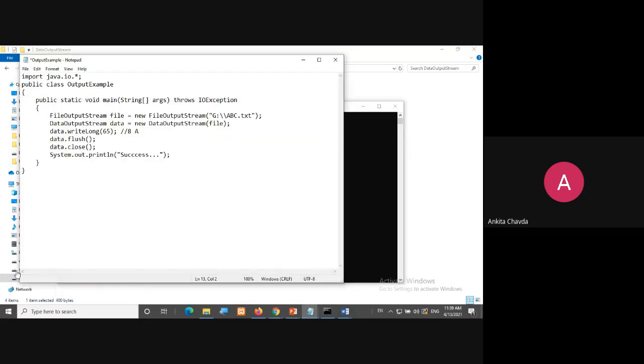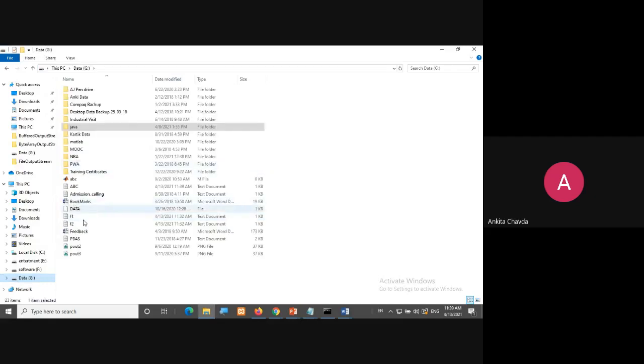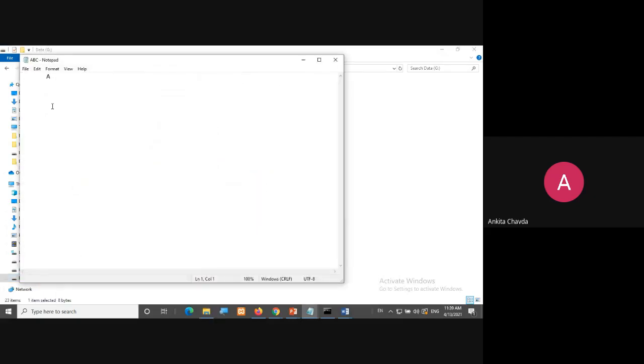So we will go to that folder and we will see that ABC file again. Have you seen this, how they are storing a? They are storing our character into 8 bytes. You can check here: 1, 2, 3, 4, 5, 6, 7, and on the 8th byte they are storing 8. So total 7 spaces and 8 one. So it will be easy to read the data.